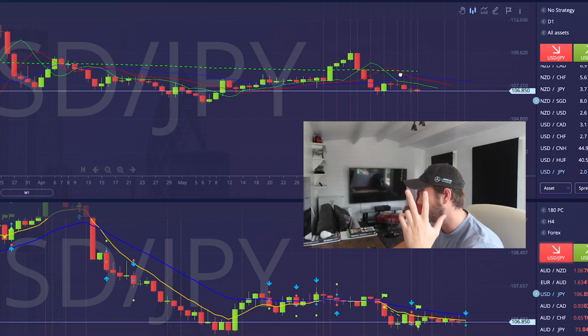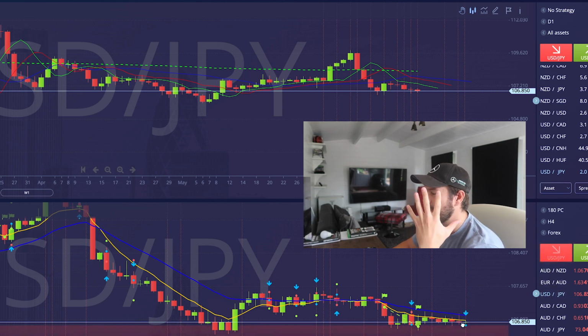That's 3 confirmations. We've got the 50 above the 20. That's another confirmation. And the previous bar is a high test bouncing off that 50, which is another confirmation. So we've got 5 confirmations saying it is a downward trend. I'd be happy to place this trade.